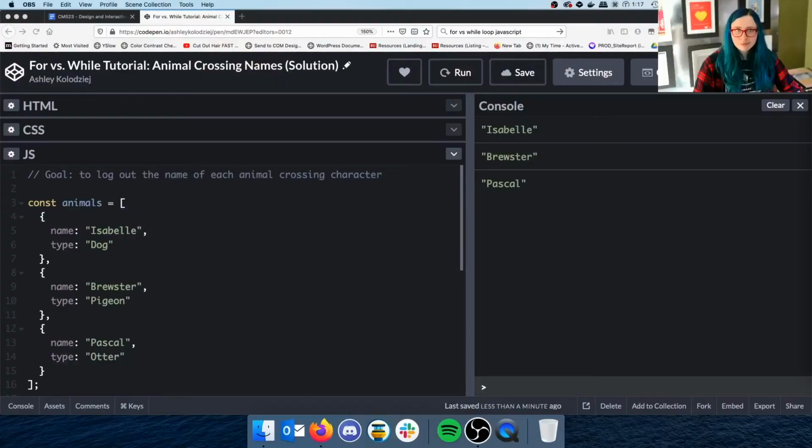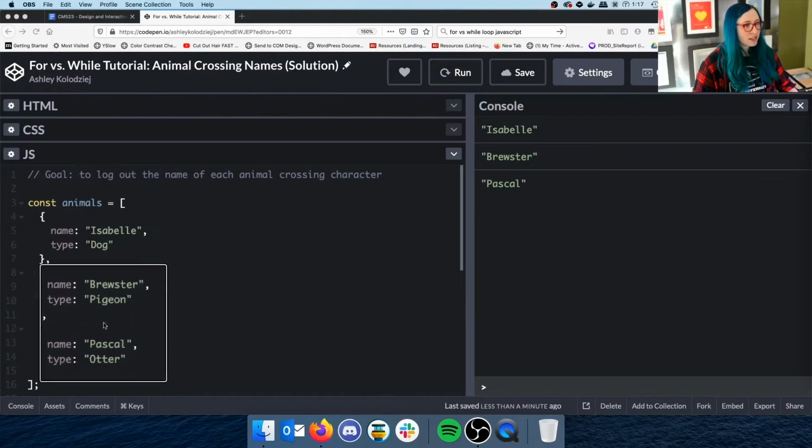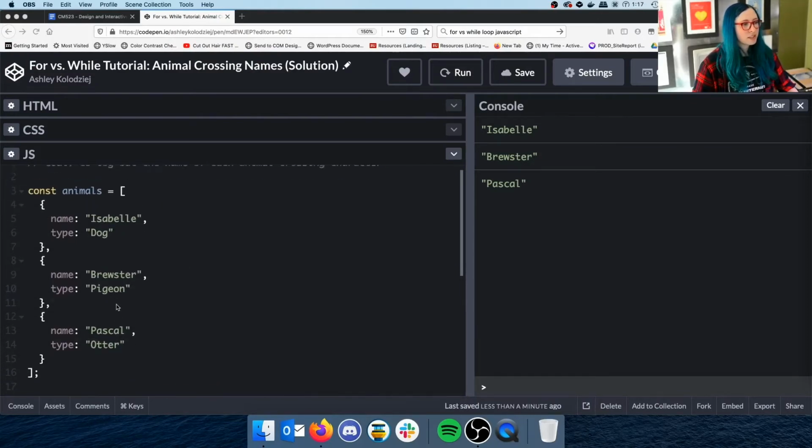But in beginning JavaScript, you're probably not going to be dealing with this too much. That's more likely to come up in more complex programming. But just so that you know the difference down the line, let's take a look and see what those look like. All right. So here we have our Animal Crossing names, and you remember that our original goal was